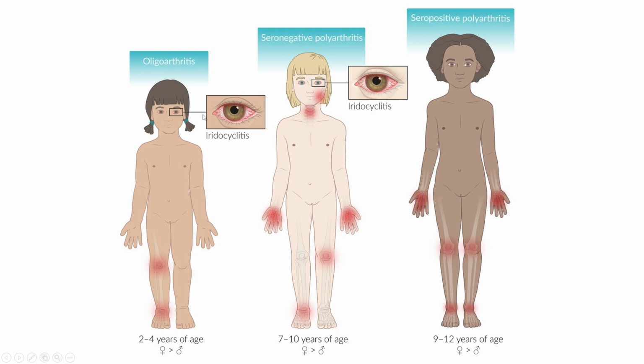So here's a recap. Oligoarthritis affects 2 to 4 years of age, females more than males. We see involvement of 4 or fewer joints. It is asymmetrical, and we can see uveitis. Seronegative polyarthritis: we see involvement of the cervical area and the temporomandibular joint, more than 5 joints affected, and uveitis, at 7 to 10 years of age. And at 9 to 12, we will have seropositive polyarthritis, with more than 5 joints affected, but not the cervical or the